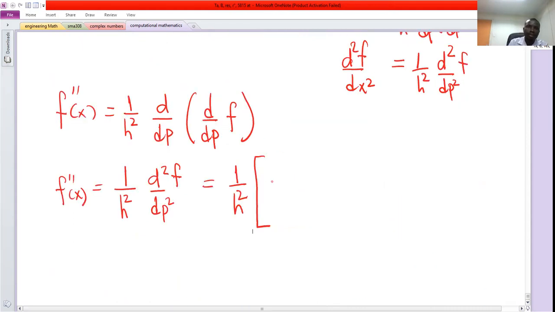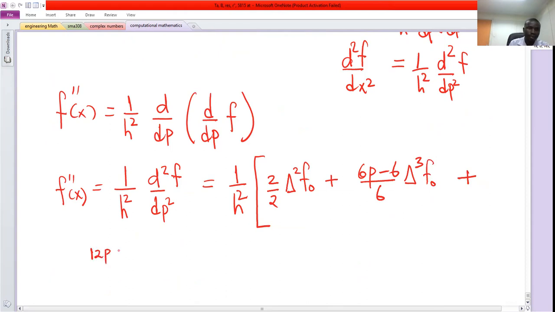So the first one will be 2 over 2, second forward of f naught. When you go to the next term, you'll get the answer to be (6p minus 6) over 6, third forward of f naught. Next term, when you differentiate, you'll get (12p power 2 minus 36p plus 22) divided by 24, fourth forward of f naught,